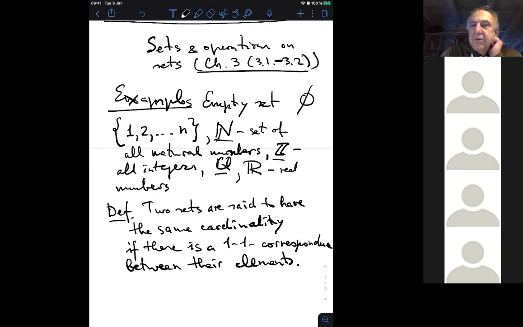The first fact which you have probably learned in your elementary calculus course is that the set of real numbers has more elements than the set of positive integers. On the other hand, the set of positive integers, the set of all integers, and the set of rational numbers have the same cardinality, because all integers can be enumerated by positive integers, and even all rational numbers can be enumerated